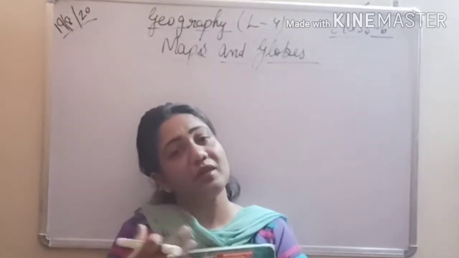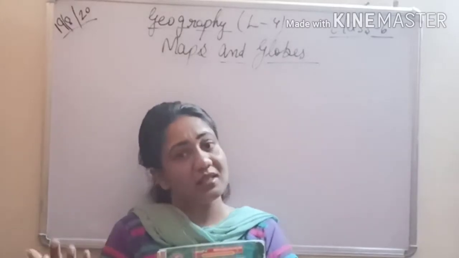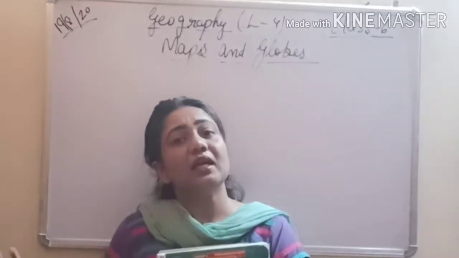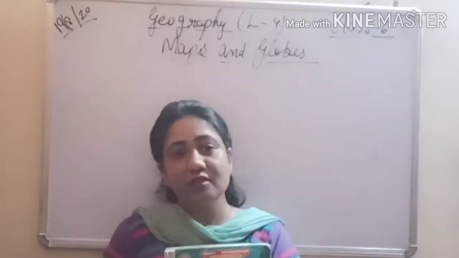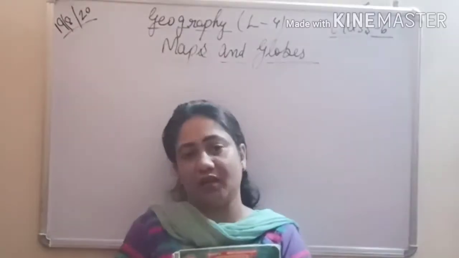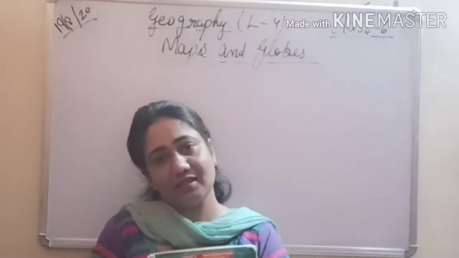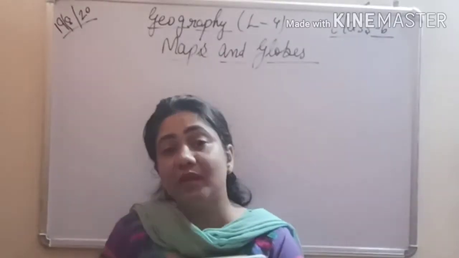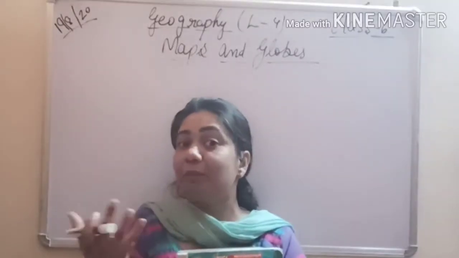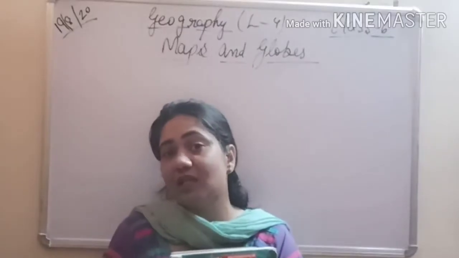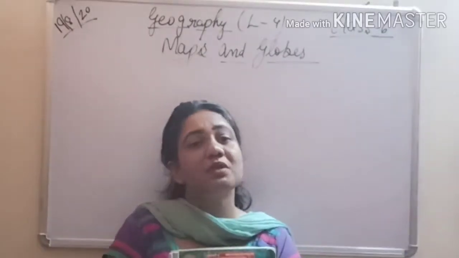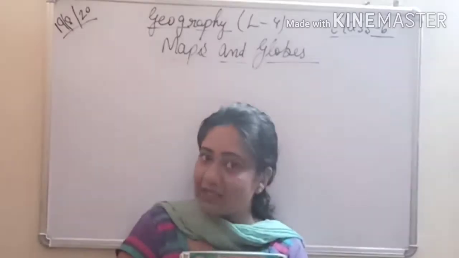After that we have discussed the directions, two types of directions, cardinal directions and intermediate directions. Four intermediate directions and four cardinal directions. I hope you have understood those directions and distance, and then we have discussed the symbols and the colors that we use in the maps. I have discussed for plains which color is used, for mountains, and then for plateaus. I hope you have read the chapter, you have watched the video, and the concept is clear.